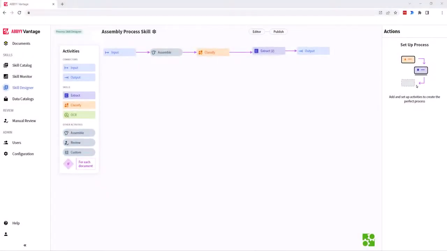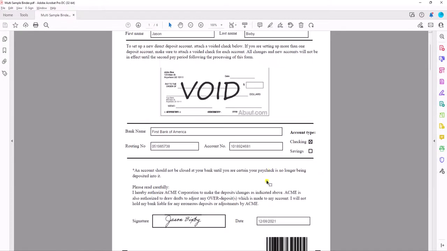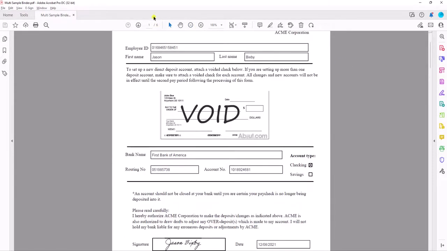Today I'd like to show you how we utilize the assemble activity within ABBYY Vantage. Now, the assemble activity gives us the ability to control and manage how we deal with multiple page transactions, or even documents with multiple pages in it, or a document that has multiple documents in it, like what we see on the screen here. So what I have is a sample that shows 6 pages, but every page here is